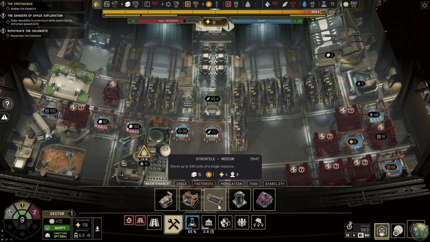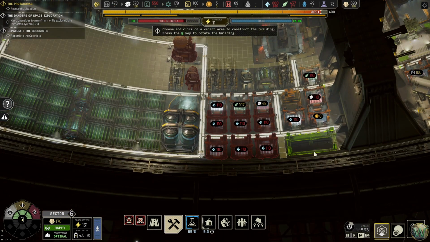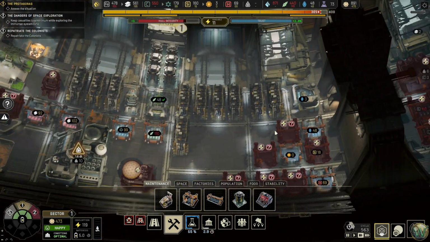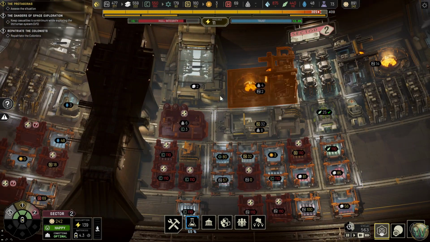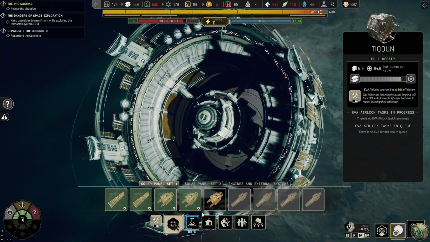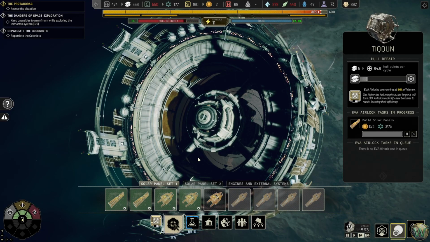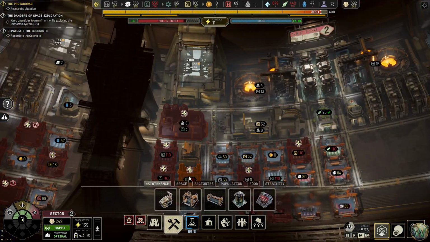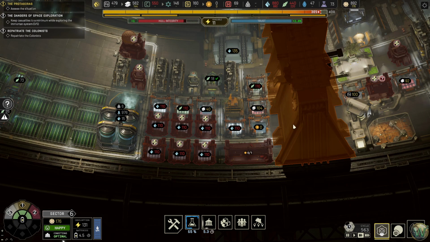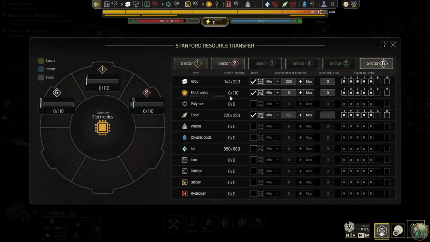Do we want to build... Yes, we do. We want to build medium stockpiles. Let's do this here. We need an electronics for that, though, of course, which I forgot about. Before we do that, then, let's do this. And this. Oopsie. This. Yes, please. And then back over here. Let's power that off, just in case, although it should be fine. And let's set now electronics to have